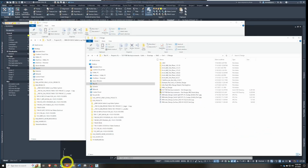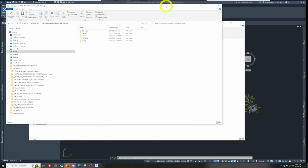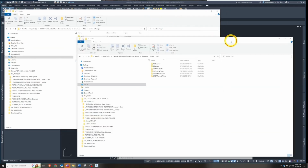Secondly, I'm going to close this project because it's getting in the way. I have another project from the U.S. Forest Service me and Patricia worked on, and it has a structural and a civil element. I'm just going to stick to the civil. I did these 2 jobs slightly different, but not much. The only thing I did different,